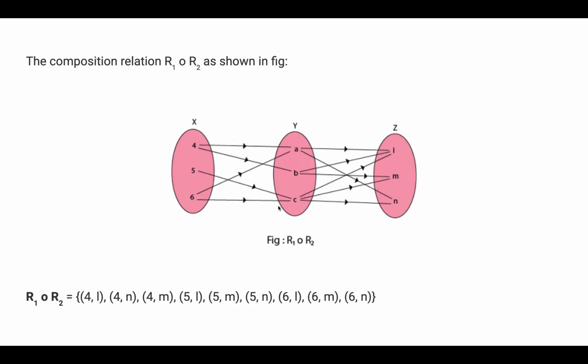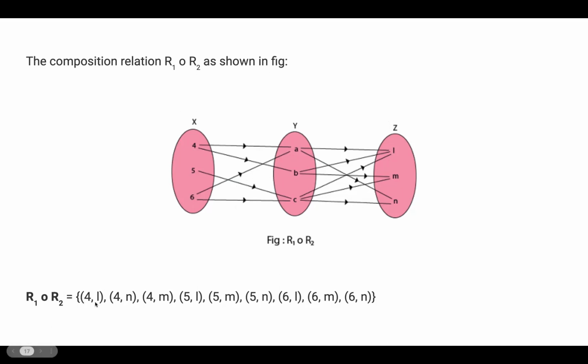Then 5 to C is the connection, but C to L, C to M, and C to N is also the connection. What about this? 6 to A is there, A to L is there, A to N is there. Then 6 to C is there, C to L is there, C to M is there, and C to N is there. Okay. Now how we will give the composite relation from X to Z is